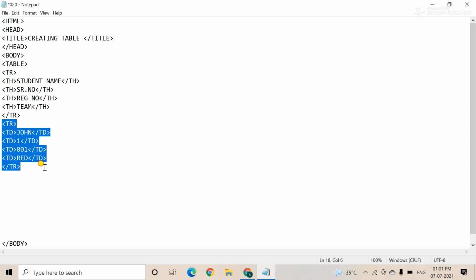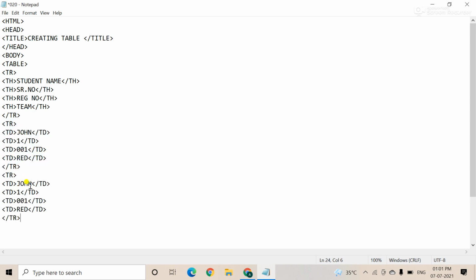So I just copy the same lines like this. John, suppose I am writing here another name. Okay, like this. Here you just enter 2. I am entering 2 here.